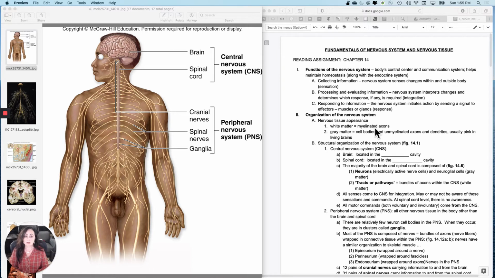So, first, let me start with the general functionality of the nervous system. And this is an oversimplification because there's no way you can teach the nervous system without oversimplifying. So, the nervous system is really one of the body's two control and communication systems. Information in, figure out what to do about it, information out to respond to it. The other system is the endocrine system, which we don't really cover very much in anatomy, but you'll cover in